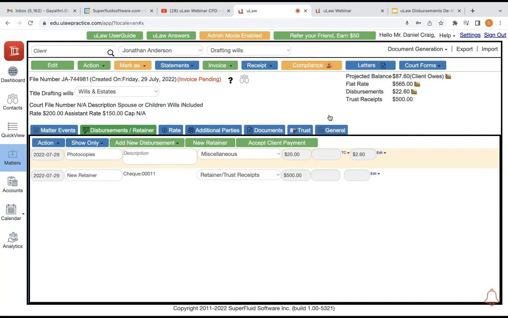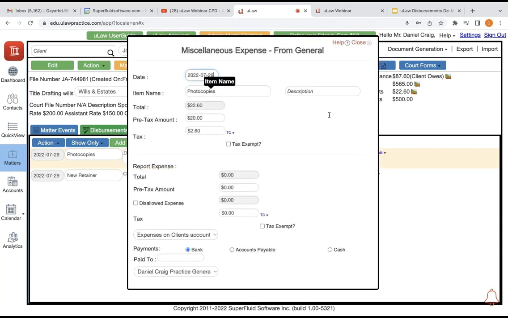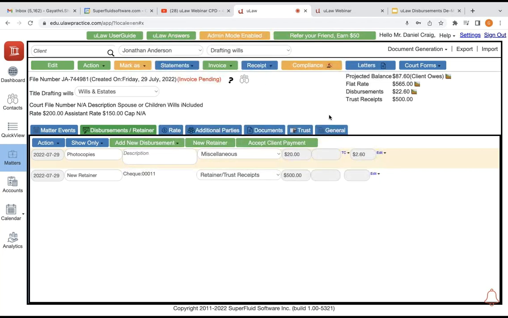Now, I have added a disbursement earlier as photocopies. And how was that added? It's very simple. Click on Add New Disbursement in the program under the matter. So these are matter or file client specific details to be added. You would be spending for Jonathan Anderson and you cannot go and add it under Jonathan Wills. This has to be completely addressed in the client's file. Hence, I'm doing it from the matter field or the matter tab